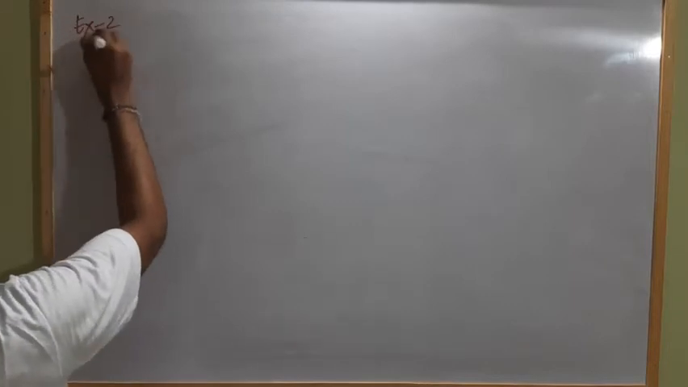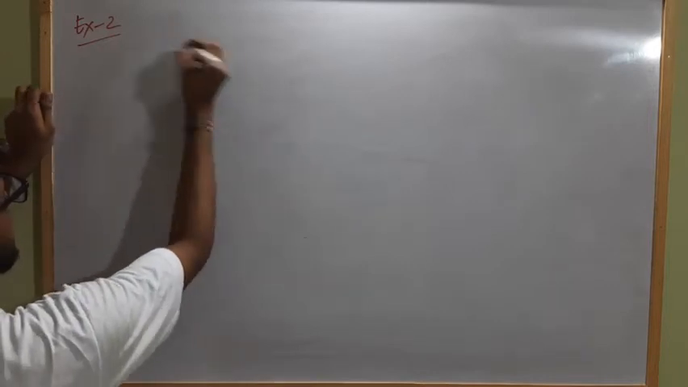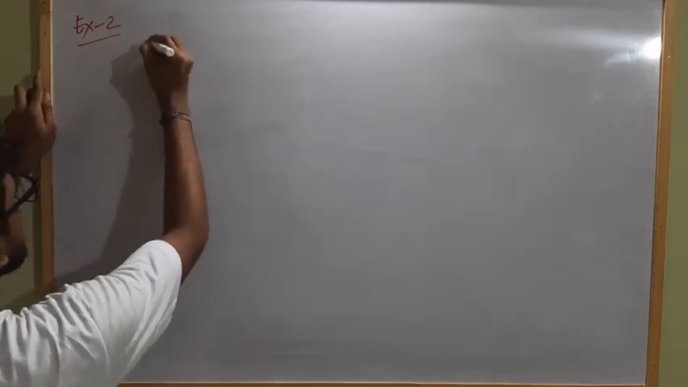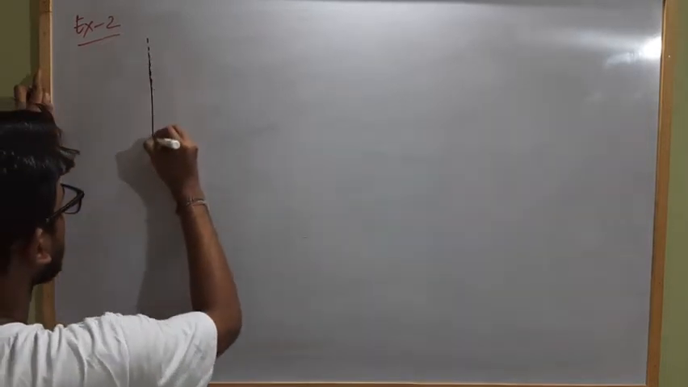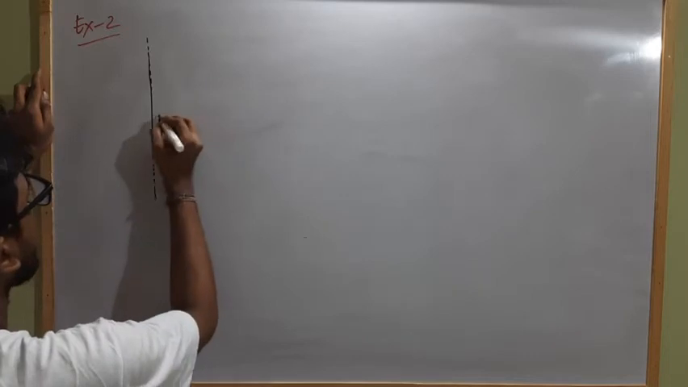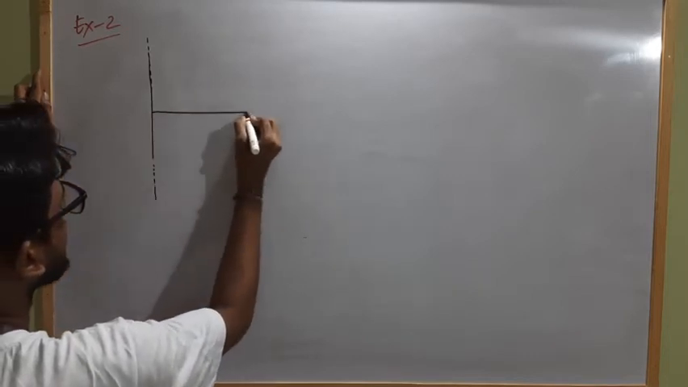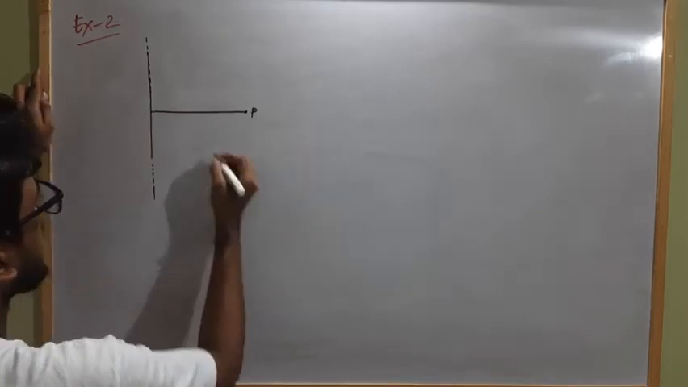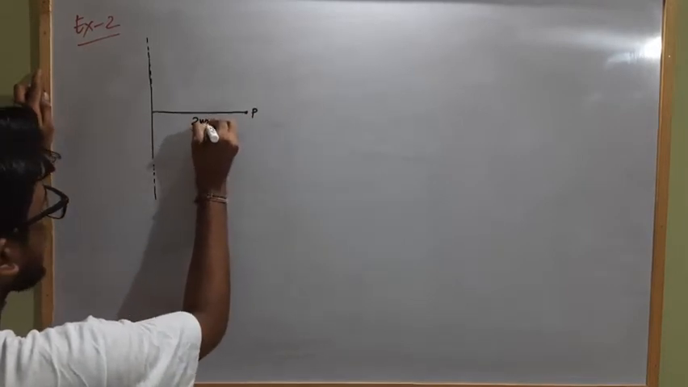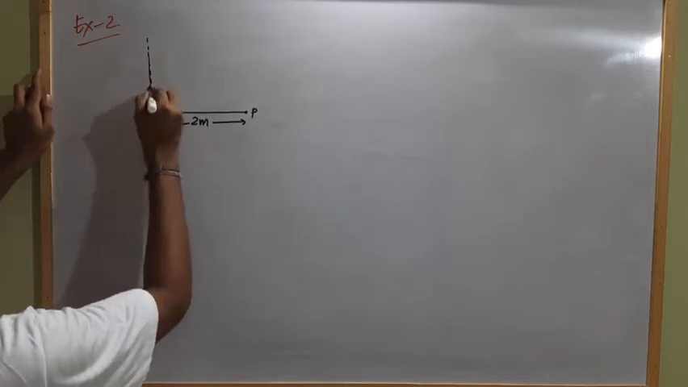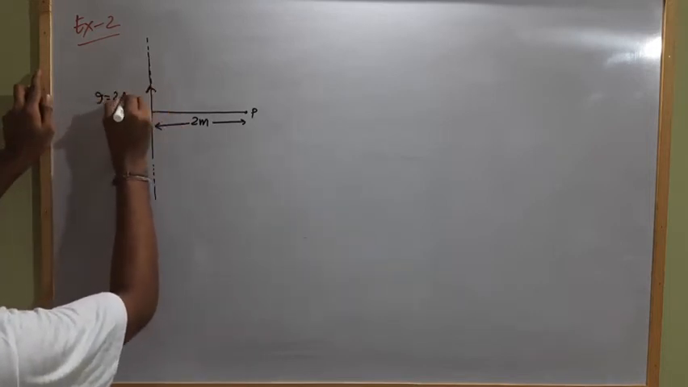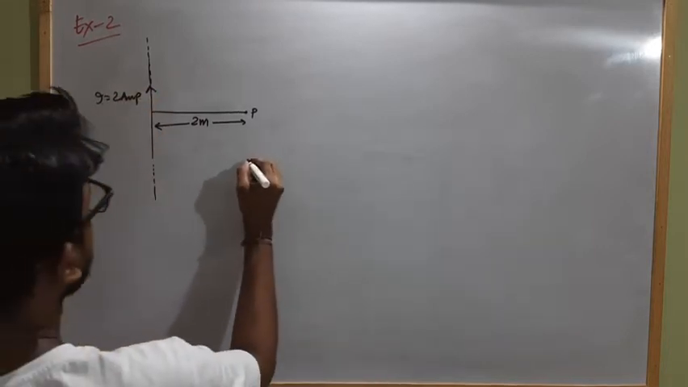Now do another example. Example number 2. Let here be an infinitely long straight current carrying conductor which extends up to infinity, and here is a point of observation P at the same distance, let it be 2 meter, and the current I flowing through this is again 2 ampere. Then find